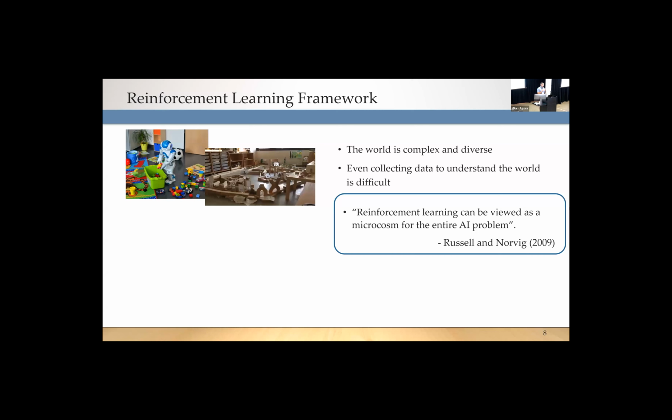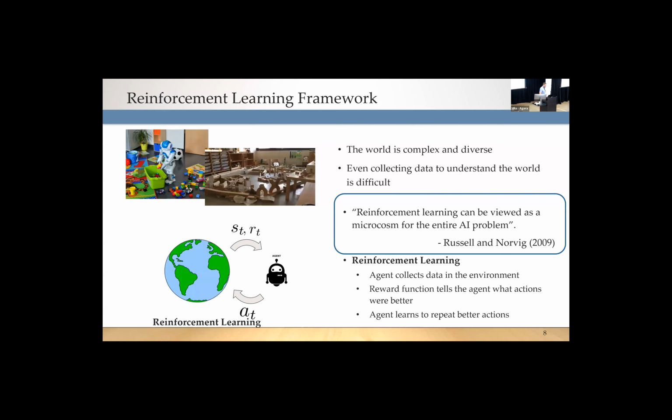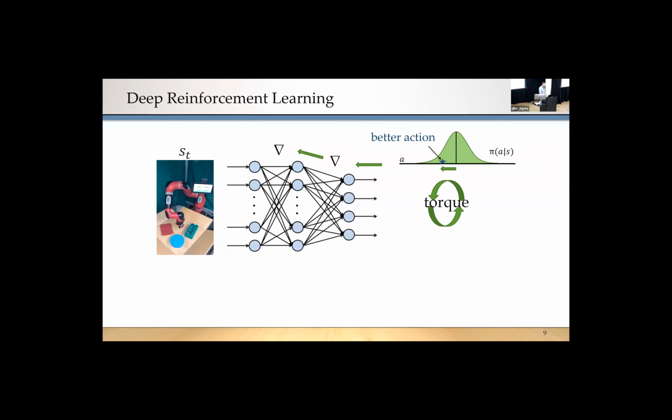And it's nice because it encapsulates most of the machine learning system all in this general paradigm. And as long as we can figure out how to adapt it to real world problems better, we get to make use of this kind of simple paradigm that results in a great learning system. So basically for reinforcement learning, you've got an agent that goes out, collects some data in the world, and records its state information. The reward signal, which is usually what we use to describe the behavior we want the agent to actually achieve. And then it learns to take actions in the world and slowly improve these actions over time.